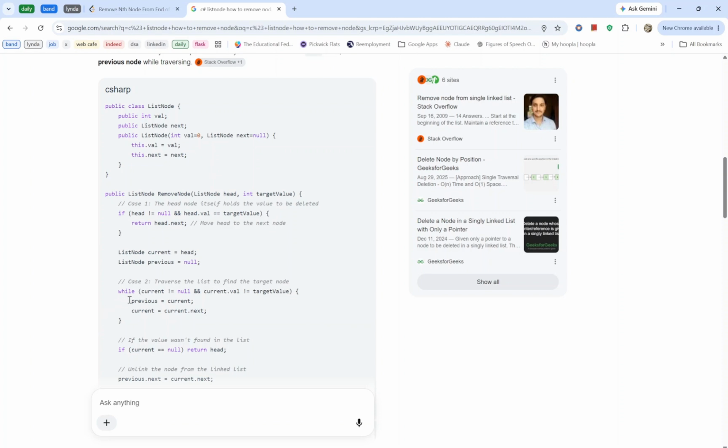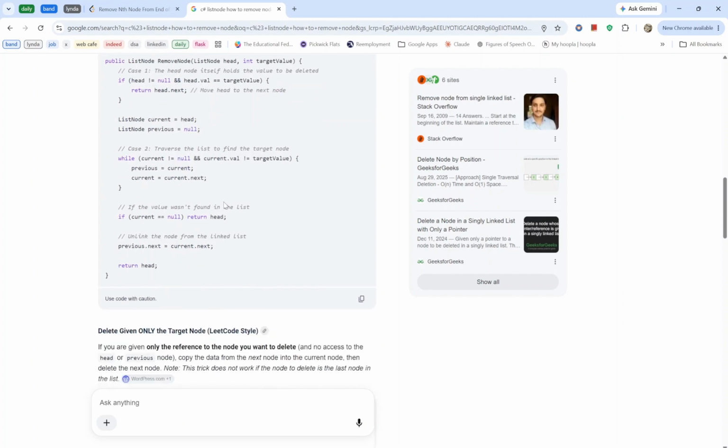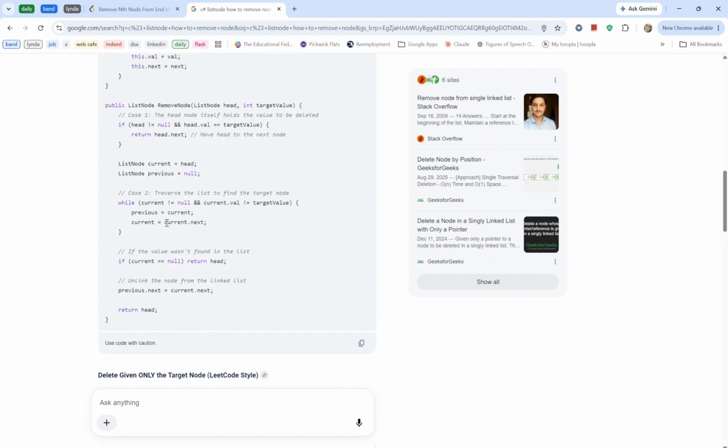Okay. Case two, traverse: current is the head, while current value does not equal target value, current is current next. If the value wasn't found in the list, return head. To unlink the node from the previous linked list, previous next is current next. Okay, I guess you're just